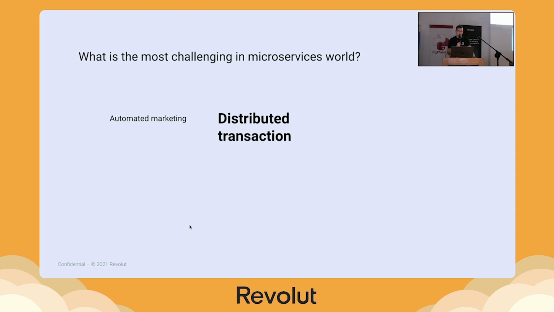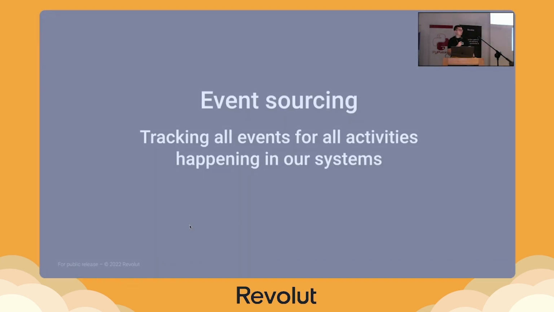So, we have a lot of side processes, part of which actually have to be run on every transaction. Such things as automated marketing, customer scoring, audit, or live fraud checks, for example. Some of those things are important to perform before the actual money transfer ends. And here we came with the solution. It's event sourcing. We are literally tracking everything that is happening to our systems, and let's see how we do it.